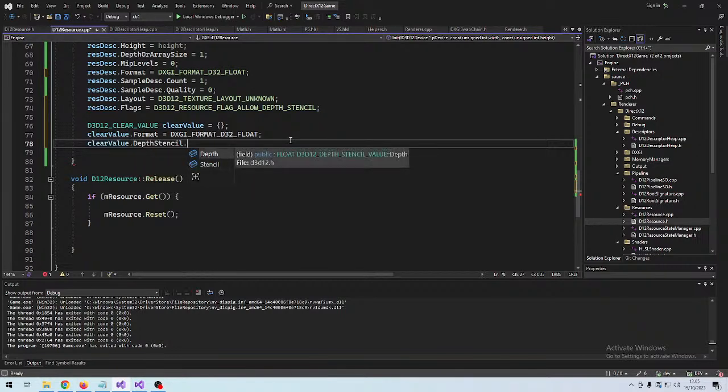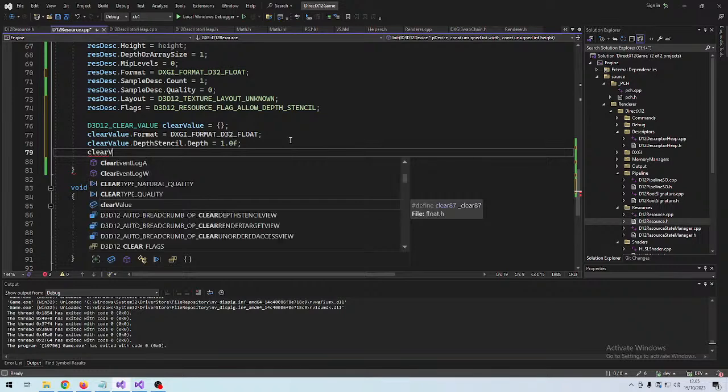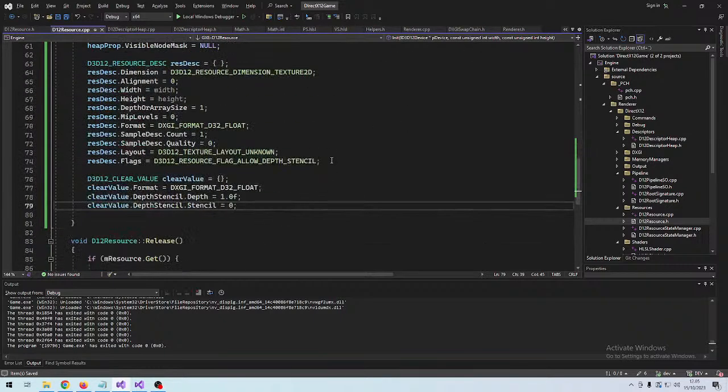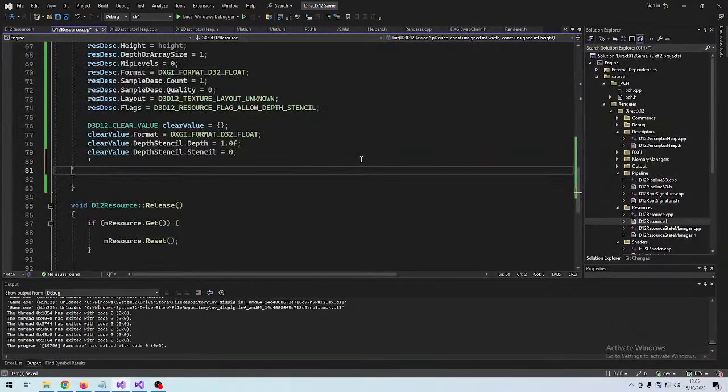And the depth is supposed to be, these are just standard values. And the stencil is 0 for now. Then we ask our device